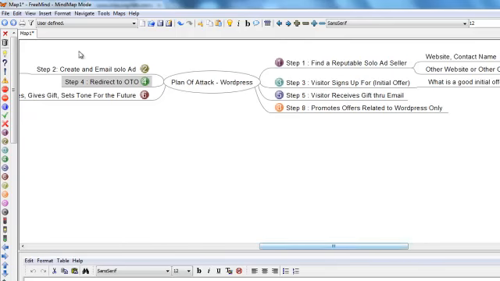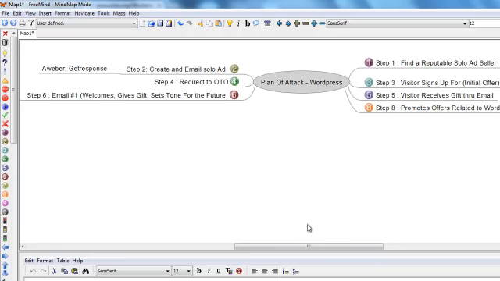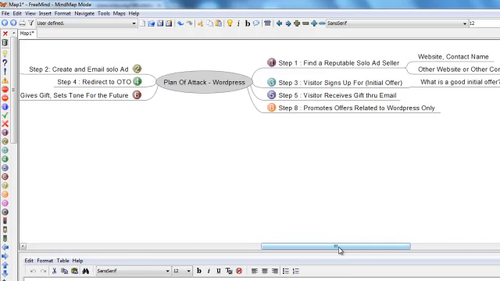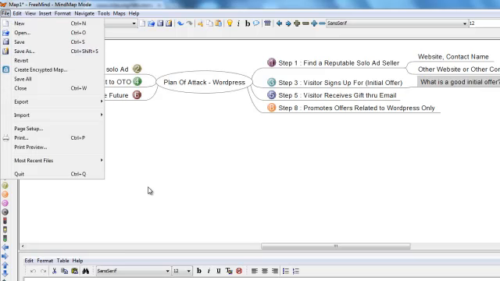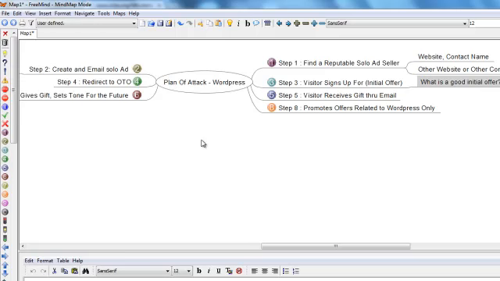And of course you can include details about what your initial one-time offer is and so forth. And another thing that you can do to help you easily get this done next time, if you do it once, you do it over and over again, is to create a template like this. Don't fill in the details just yet, but create a template, and of course save it as a file, and then whenever you want to create a plan of attack, let's say for